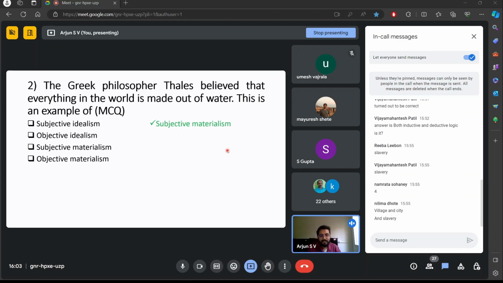You can break down the question into various parts for the others who still don't understand how it is subjective materialism. So you could break down the answer into several parts. Thales believed that everything in the world is made out of water, and that is also